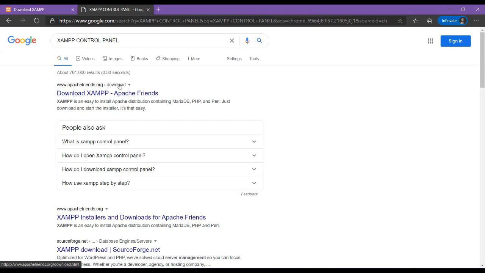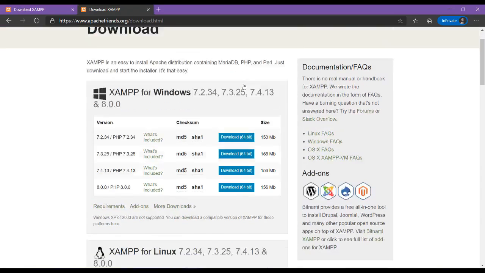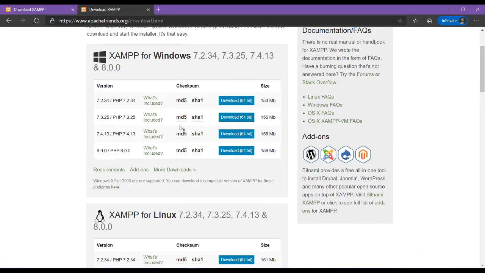Then as you can see, it has the same directory as the first site that I've shown you. So when you press that, then we will be redirected into the download website. Okay, so if you're on Windows, you can download here on your preferred version.